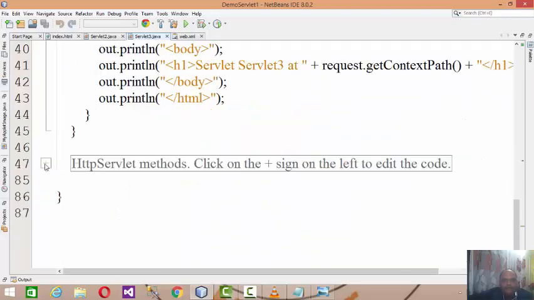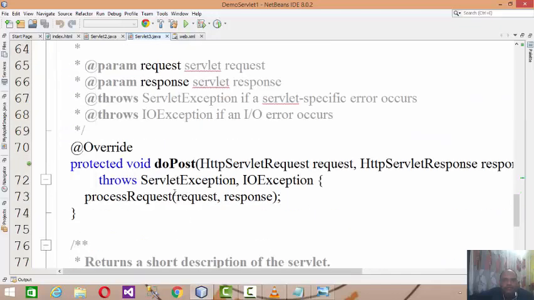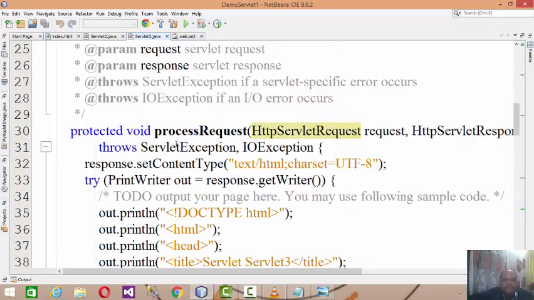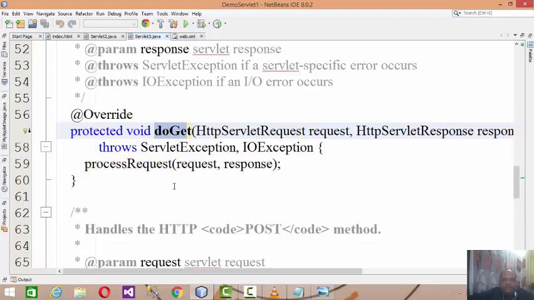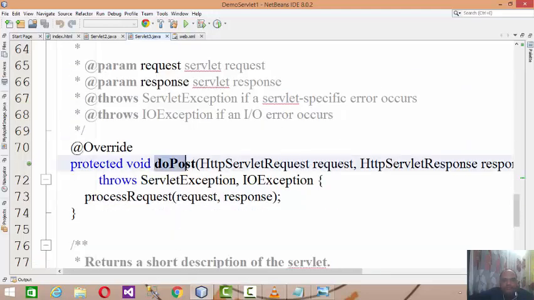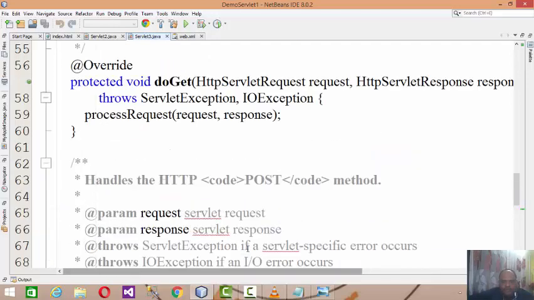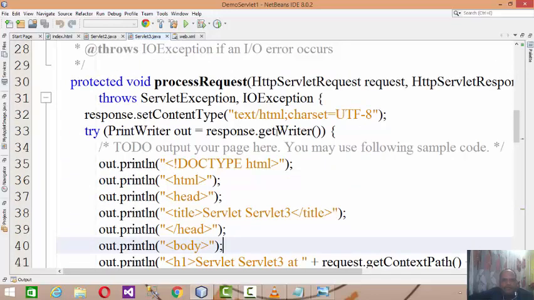Now if you expand this, you will find all the methods available like doGet, doPost. This processRequest is responsible for processing the request that comes from the form. doGet is used if you post the request using the method get, and doPost is responsible if you post the data using the method called post.